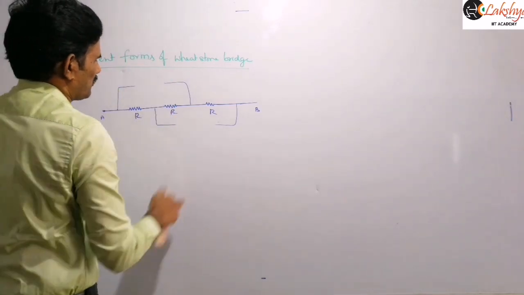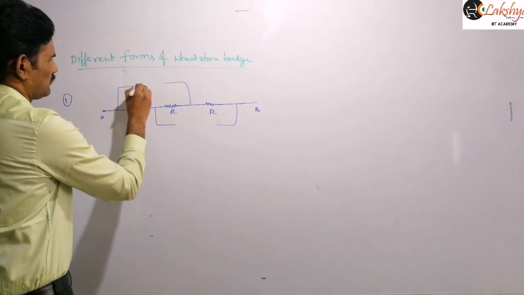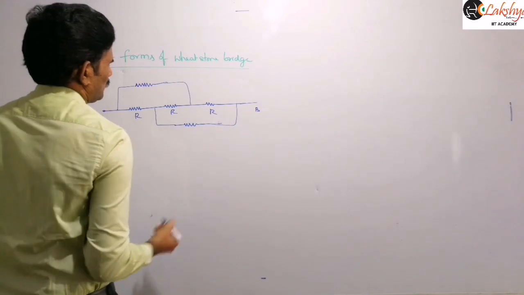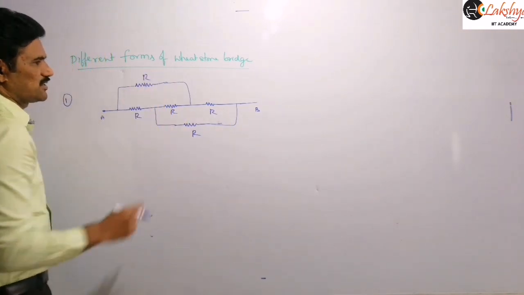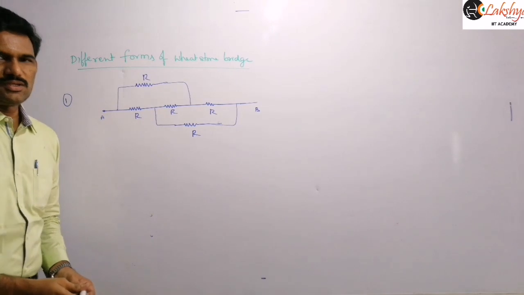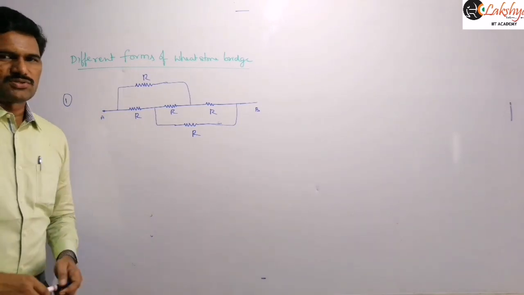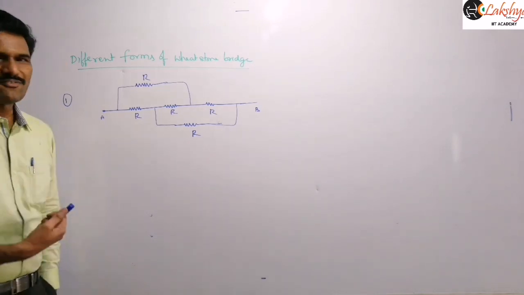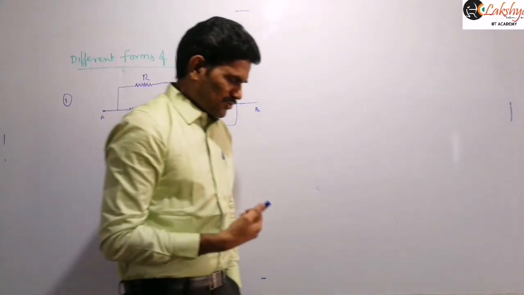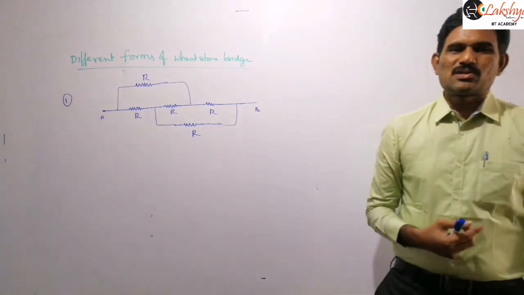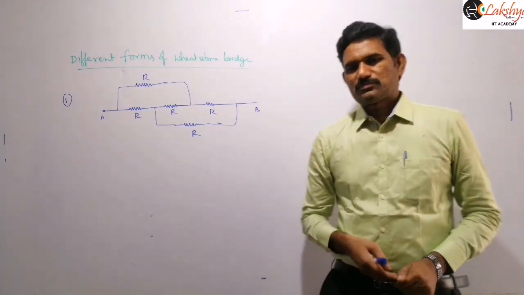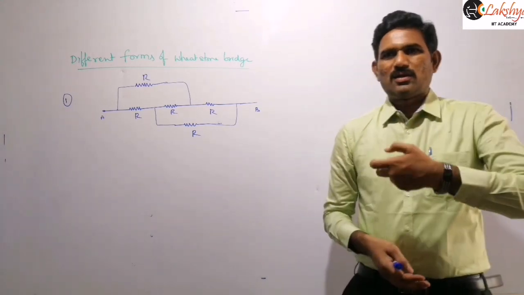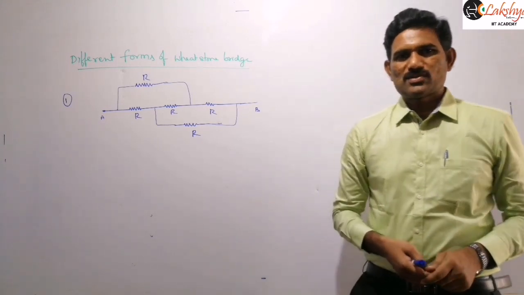And now I am connecting 2 more resistances here. So now the resistors are connected like this, right? And now this is a Wheatstone bridge. How to say it is a Wheatstone bridge? We need to identify the position of the galvanometer, because when it is a balanced Wheatstone bridge, we need to eliminate this resistance there, we need to eliminate that galvanometer, or the resistance which is connected in the place of this galvanometer.